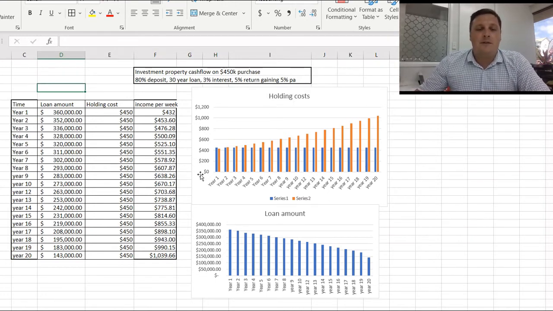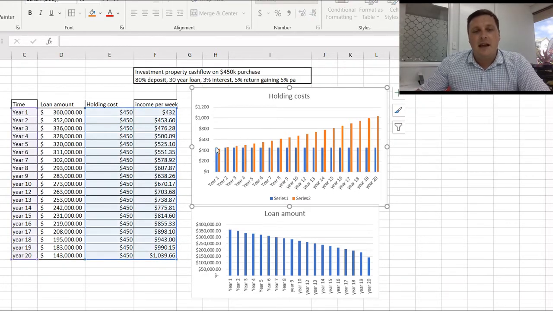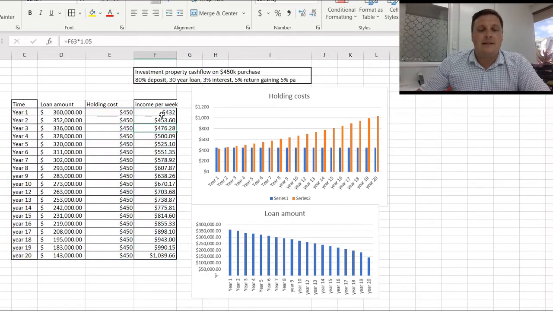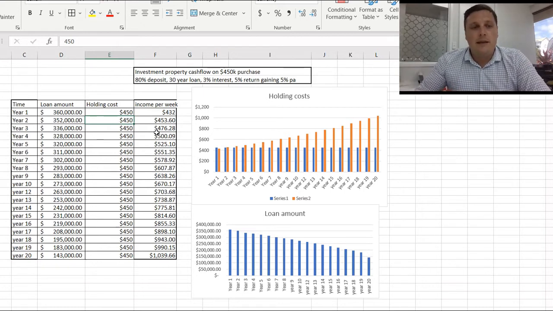So we can see what that looks like if you include your council rates, your insurance, a little bit of maintenance. The first year, that property is actually going to cost you a little bit of money out of pocket to maintain and pay down that loan. By the second year, that property is going to be basically neutrally geared. So it's not going to cost you money, it's not going to make you money. By the third year, it becomes marginally profitable,